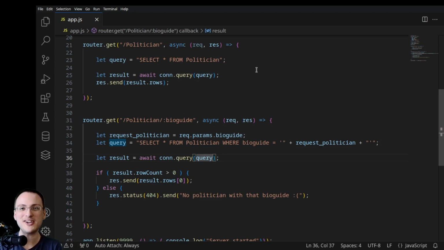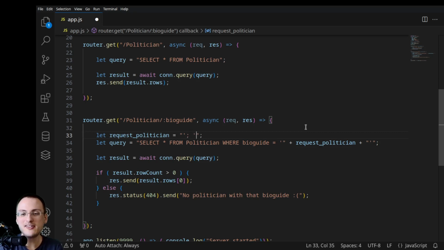And that is, we have made a cardinal sin of SQL, which is the user provided us some information, and I concatenated that in a string onto a query. This is bad because I don't have a guarantee that my user is well behaved. If they wanted to, they could put something in here that looks like SQL. Not always, but depending on how you're taking in your parameter, it might be the case that request politician ends up being something like